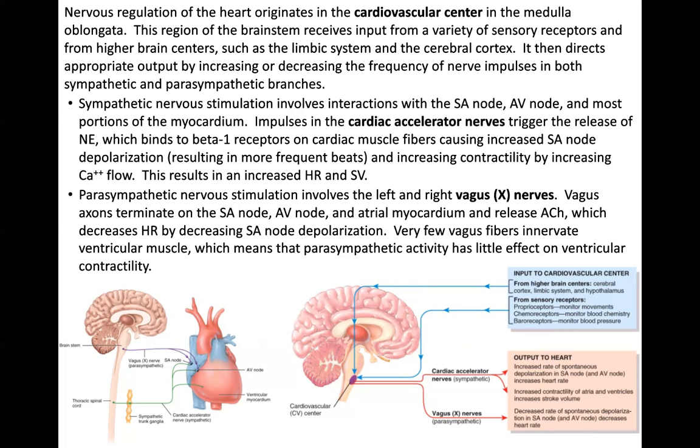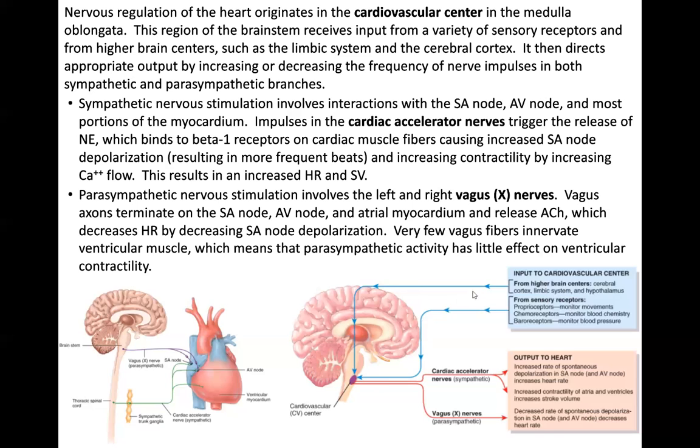body. Okay. So our cardiovascular center, the medulla oblongata, receives input from a variety of sensory receptors. Okay. From receptors in our joints and in our muscles called proprioceptors that are monitoring movements. From chemoreceptors in our blood monitoring blood chemistry, values like how much oxygen's in the blood, how much CO2's in the blood, what the pH of our blood is. From baroreceptors, which are found in our blood vessels, and they monitor blood pressure. We're going to talk more about these sensory things in our next lecture, but they're providing input to the cardiovascular